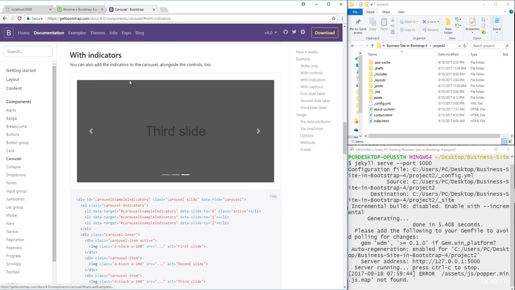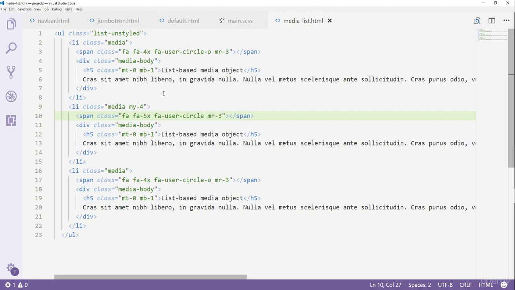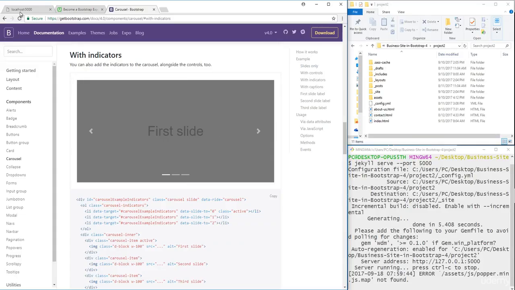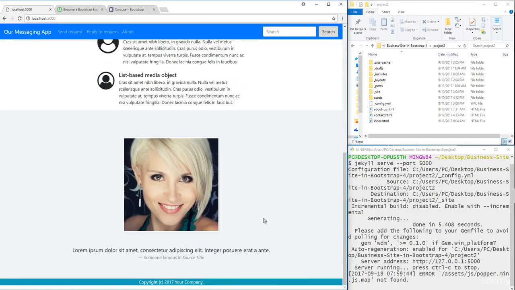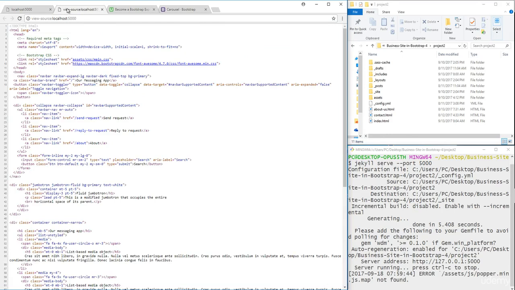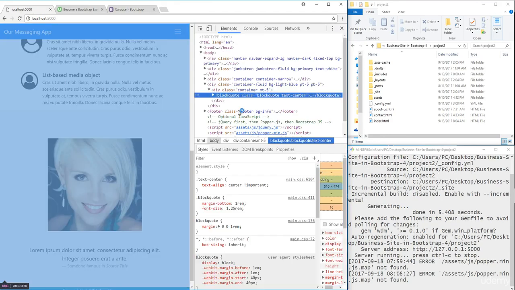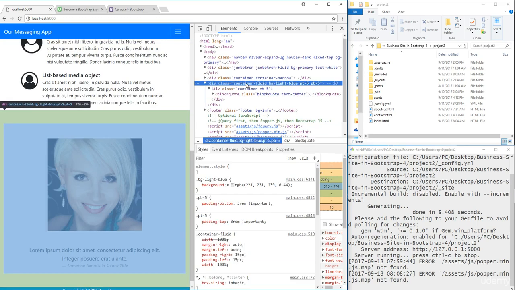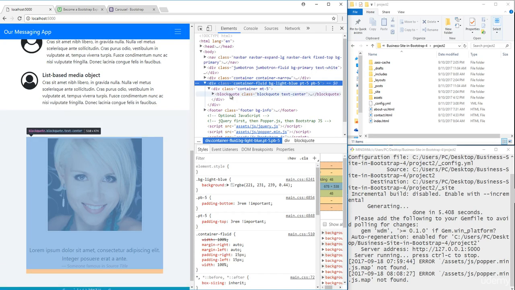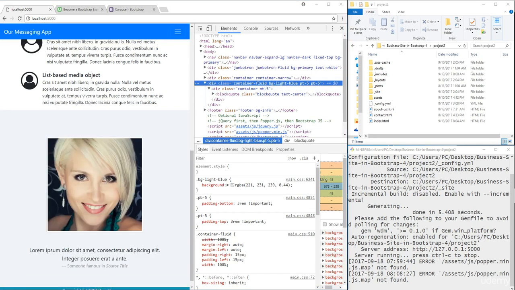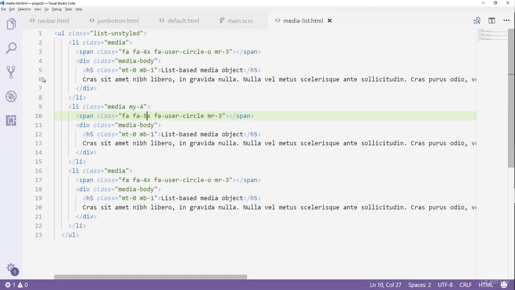Once you do that, let's go back in here and let's find the area that we need to change, and that is this section right here. So let's actually not view page source but rather inspect it. And we're targeting this container fluid, background light blue, and so on, with the block quote inside. So back to our editor, let's find the block quote,